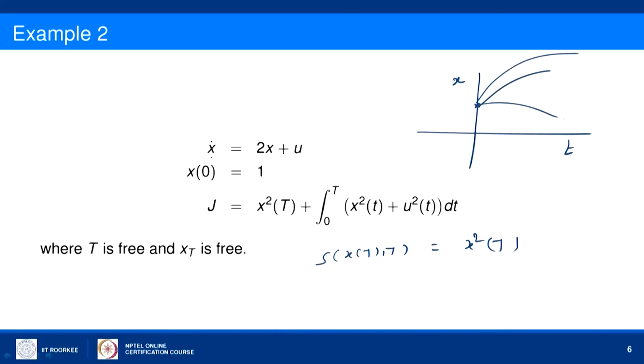So, this covers all the cases. In the previous lecture we have seen the constant boundary condition, and in this lecture we have seen variable boundary conditions, and so this completes the procedure for finding the optimal control in continuous systems. We call this type of system a continuous system because the derivatives are there. In the next lecture we will consider discrete time systems and how to find the optimal control for discrete systems. Thank you.